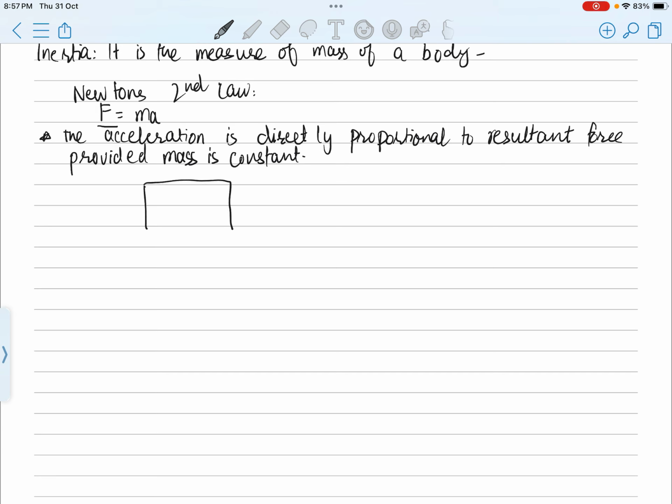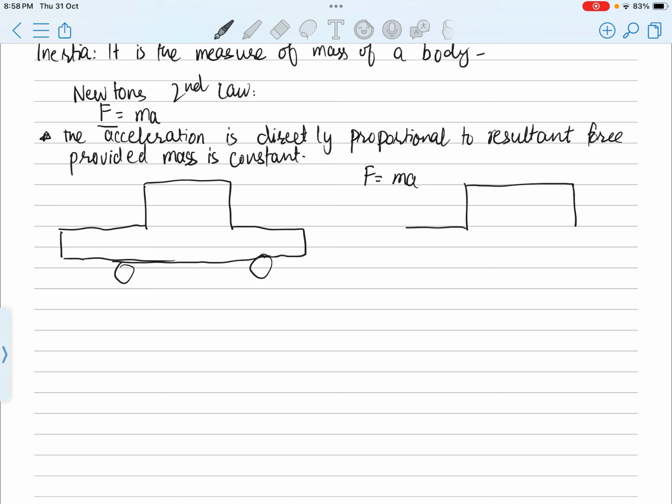Imagine that we are actually investigating the relationship between force, mass, and acceleration. This is car A, this is car B. Now car A has a mass of 100 kilogram, car B has a mass of 20 kilogram,